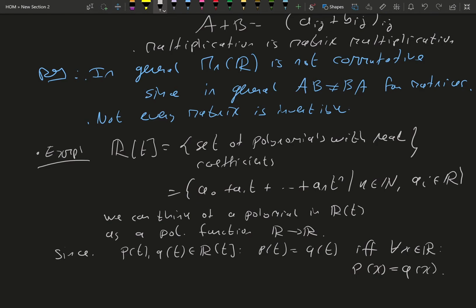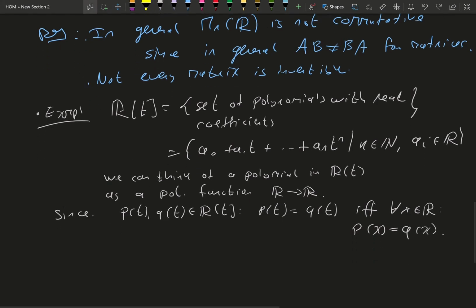So this seems almost trivial, but here is another example to show that this phenomenon, that we can think of polynomials as polynomial functions, is in general